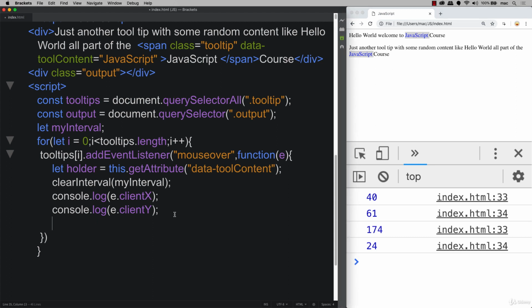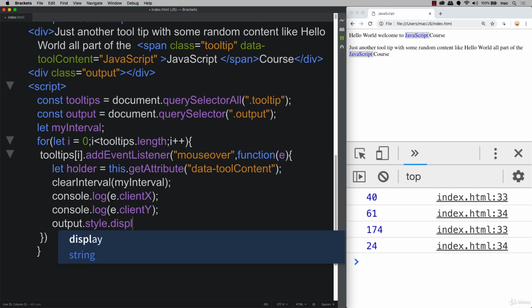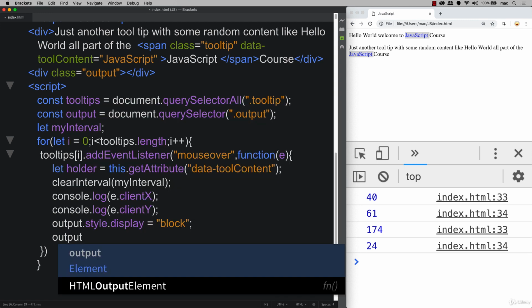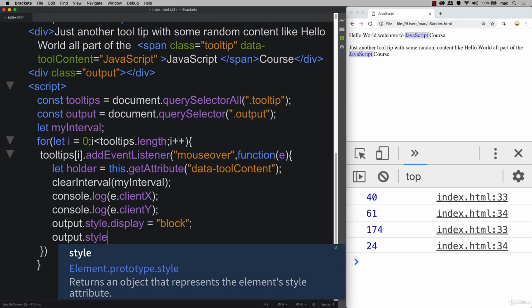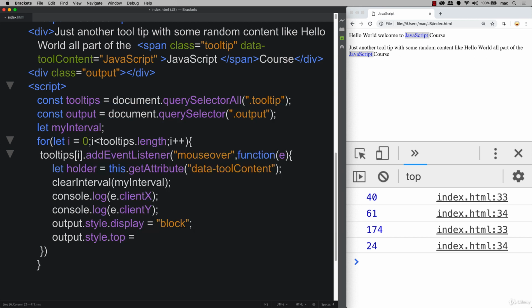So taking our tooltip object, and that's the output element that we've selected within the variable called output, let's update its style properties and its display property, setting that to block so that it's visible. And we also need to position output, so taking its style property, its value for top, we're going to take whatever the value of clientY is and add 5 to that, and then